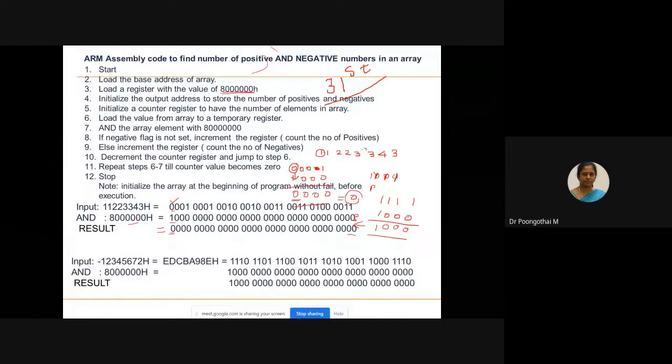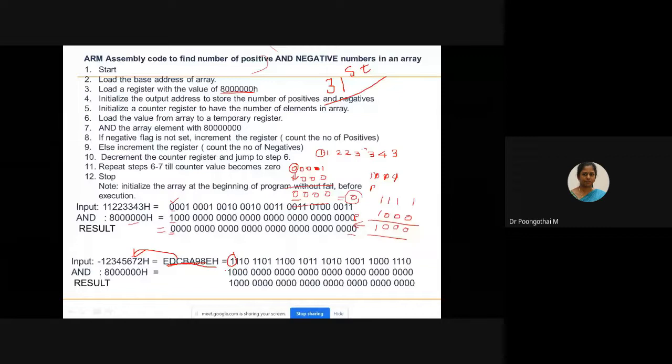Okay. So for negative representation, let's take this number. This is the hexadecimal representation for this particular value. So this is the hexadecimal representation for this negative value. Write it in binary. So look here, your 31st bit is 1. So 31st bit is 1 means this number is a negative number.